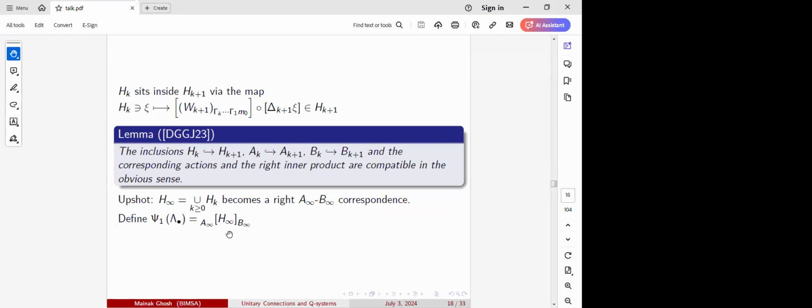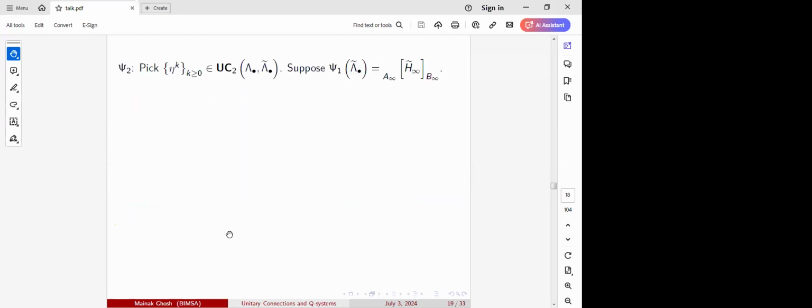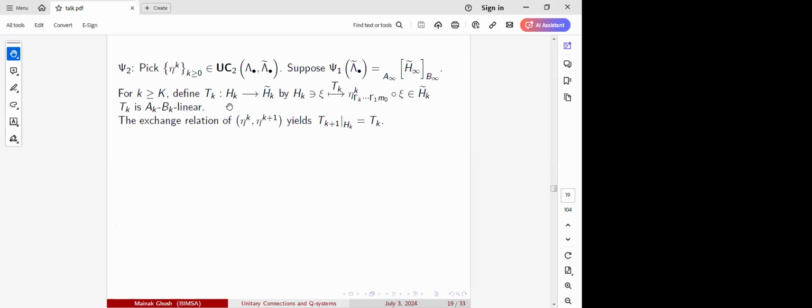So now we have to define psi on two cells. Say we have two one cells, lambda and lambda tilde, and eta_k is a two cell from lambda to lambda tilde. First we apply psi on lambda tilde and obtain H infinity tilde. Now suppose capital K is the level from which this sequence starts satisfying those exchange relations. Then for small k greater than capital K, we define the maps T_k from H_k to H_k tilde, where the maps are given by xi going to eta_k of gamma_k up to gamma_1 m_0, composed with xi. And it will turn out that each of these maps T_k is an A_k-B_k linear map, and the